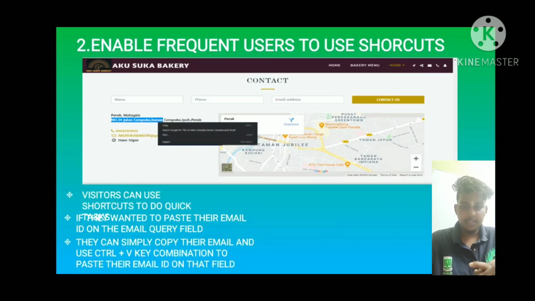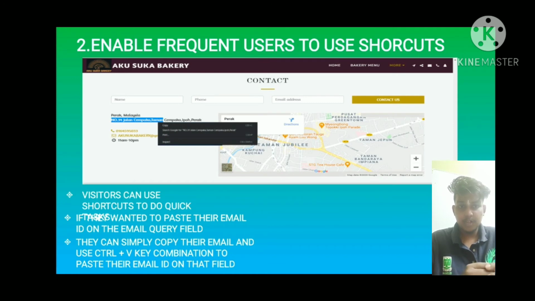Next, the second rule of Schneiderman's golden rules is enable frequent users to use shortcuts. In the website design, visitors can use shortcuts to do quick tasks as in the picture above.